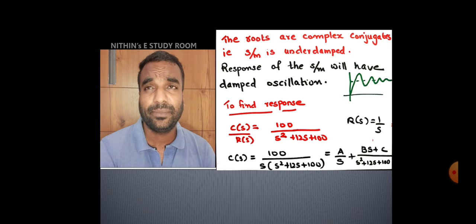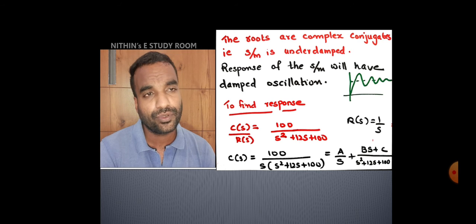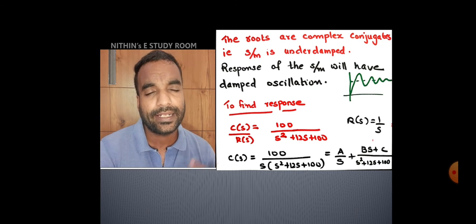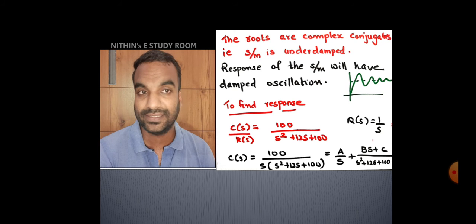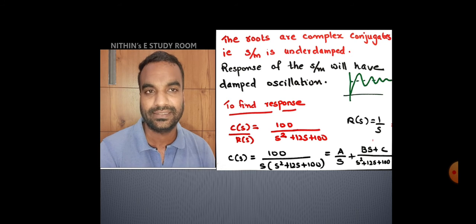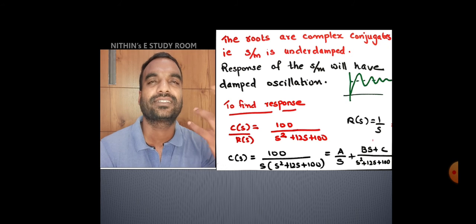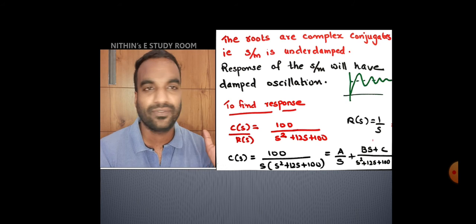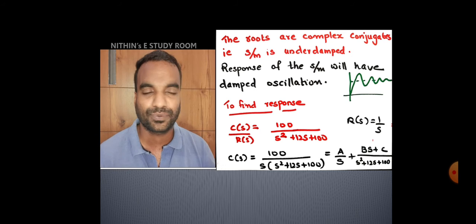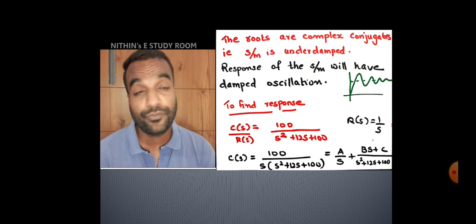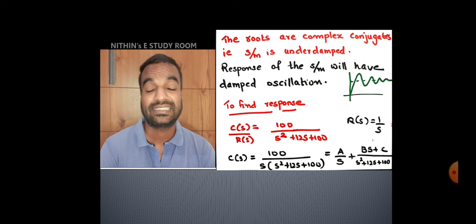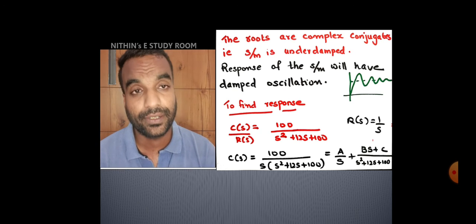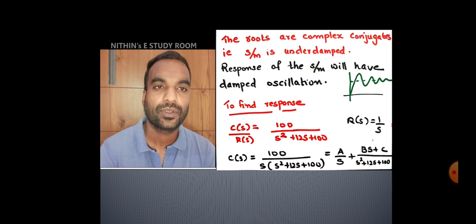So this will give the teacher who is evaluating your paper an impression that you know the basics. Then only you can comment on these things. Otherwise, you will not be able to comment about these things. You will just take the equation, find some inverse Laplace or Laplace and find the response. That's all. So even if your final answer is wrong, such analysis will make a good impression on the mind of the evaluator.